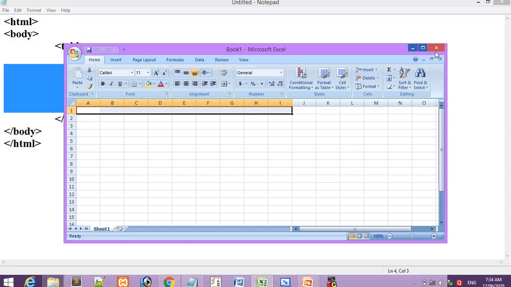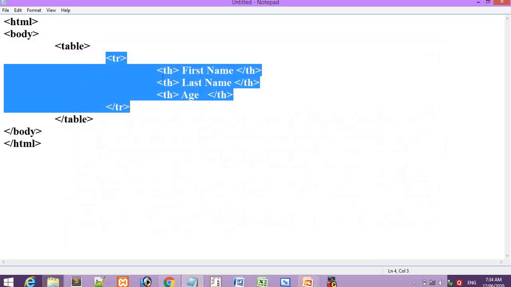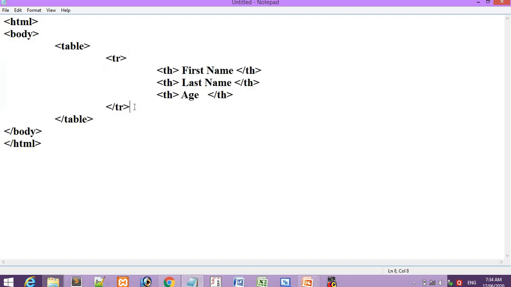तो हमने क्या किया, ये जो tr और th ending टैग है ना, इनके बीच में हमने हेडिंग डिक्लेयर कर दिया. मतलब ये हेडिंग वाला रो हो गया. अभी हमें टेबल के अंदर डेटा भी लिखना है ना, टेबल के अंदर डेटा भी देना है ना. तो उसके लिए हमें और एक रो लगेगा. We will require again one row.